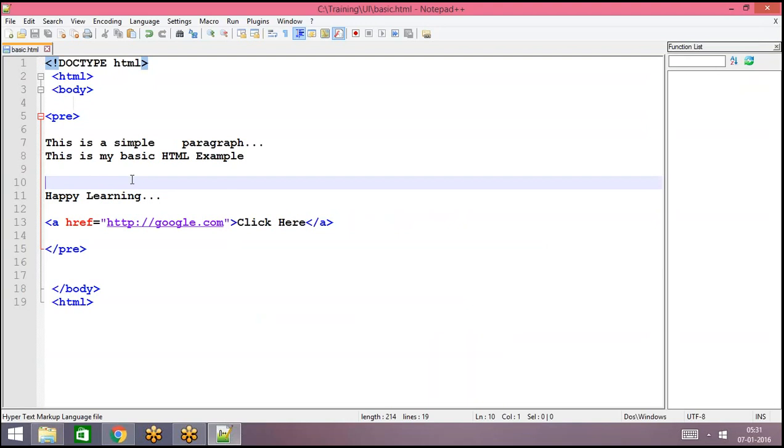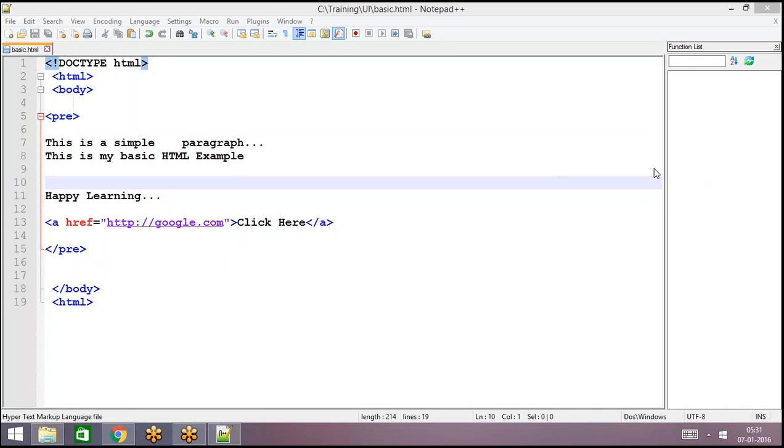Thank you, ma'am. Okay, Sai, thank you. Ma'am, do you cover Node.js also? No, Node.js I cannot. I have some basic idea, but I'm not ready to teach as of now. Okay, ma'am. And nowadays, ma'am, Node.js is more popular than all this. Yeah, and of course AngularJS also more popular now.